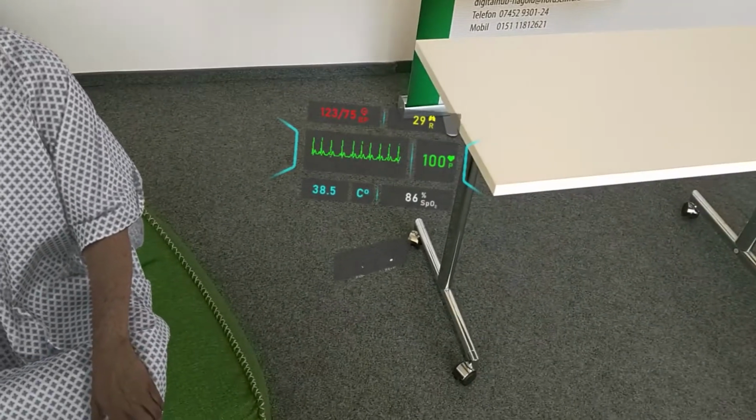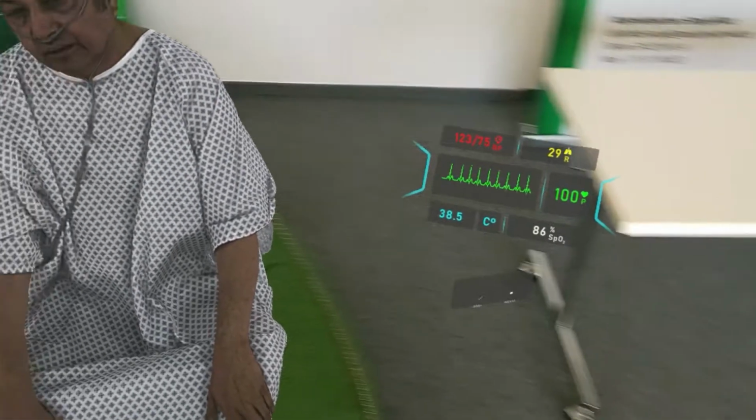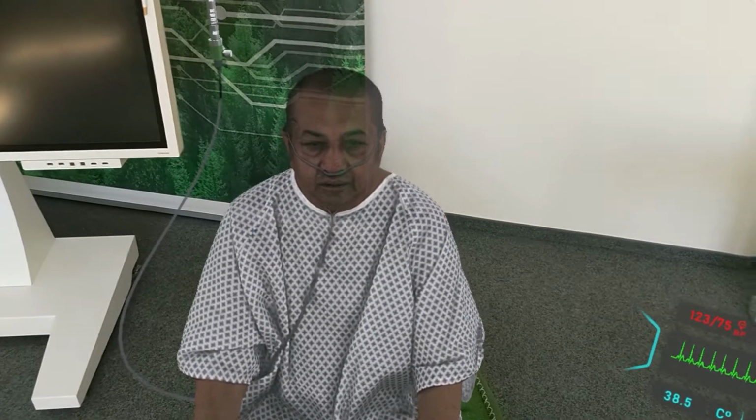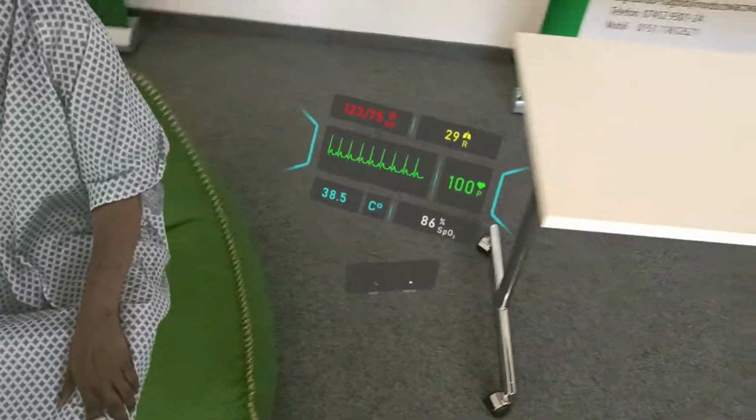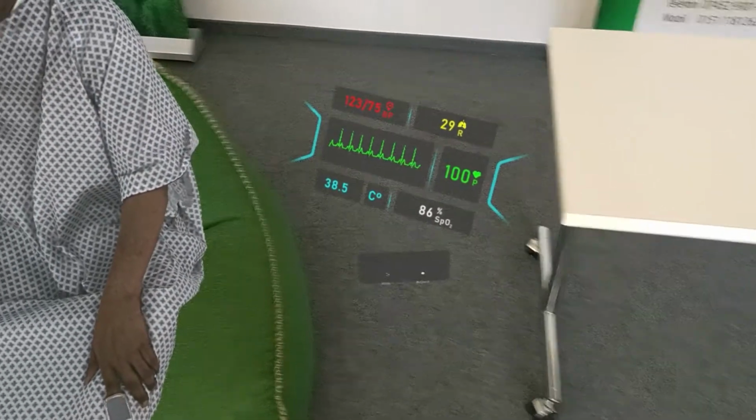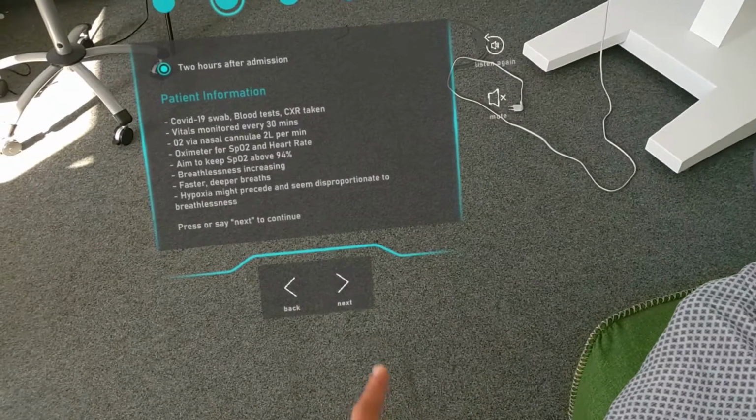As you can see, breathlessness is increasing with faster breaths but also deeper breaths. An important point to consider is the relatively asymptomatic hypoxia, which can develop into breathlessness later. Hypoxia might proceed and seem disproportionate to the breathlessness, hence the need for close monitoring. In your own time,